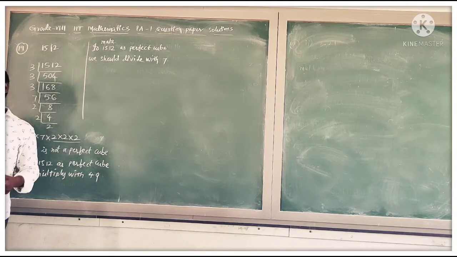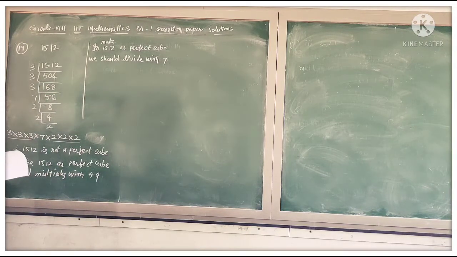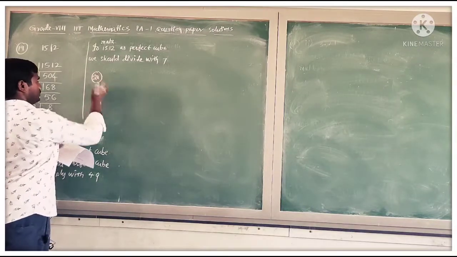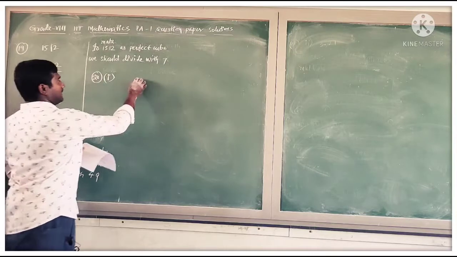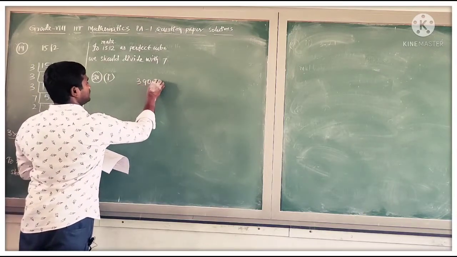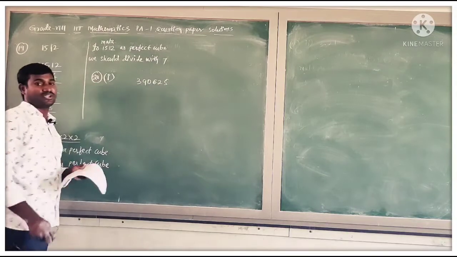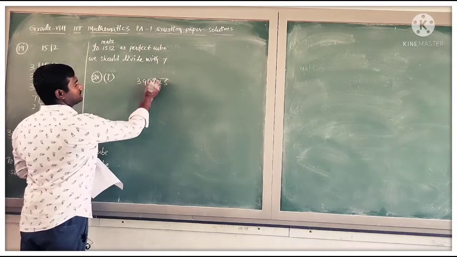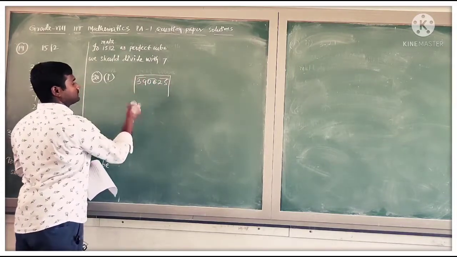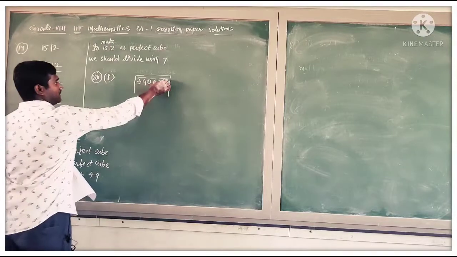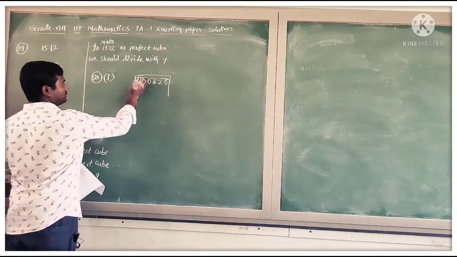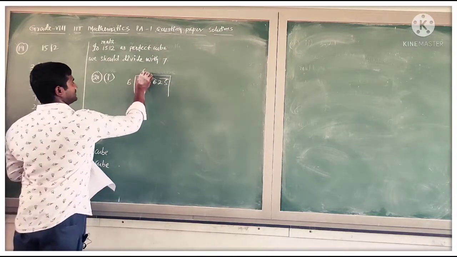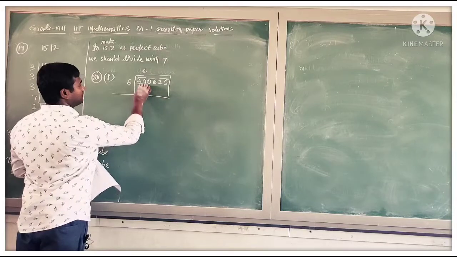Okay, next question they have given to us. Find the square root of the following numbers by division method. Question number 20. In that first question, 3,90,625 is given. We need to find the square root of this number using the division method. In the division method, we need to make bars for every 2 digits from right to left. So from right to left, the first bar we have is 39. Nearest square to 39 is 36. So 6 6s are 36, and 39 minus 36 is 3.